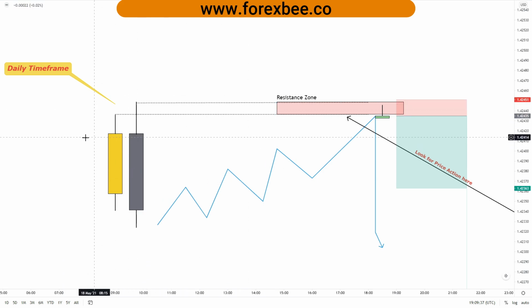Whenever we spot that bearish engulfing pattern, a bearish candle will be engulfing a bullish candle. What we will do is draw a horizontal line at the high of the bullish candle, and we will also draw a horizontal line at the high of the bearish candle which is engulfing the bullish candle. After drawing these two lines, the region between these horizontal lines is basically our